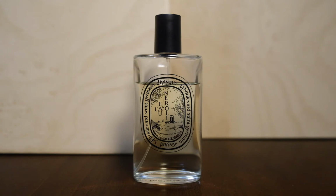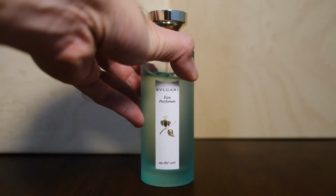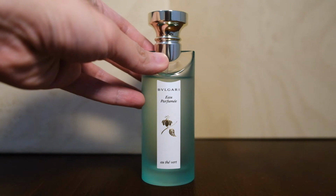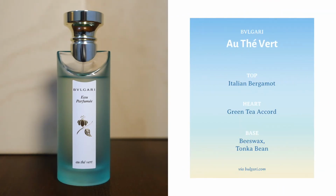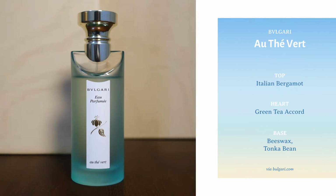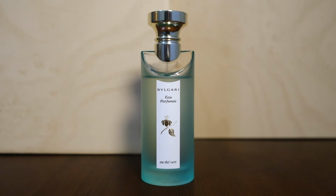The next designer joining the list is Omnia Green Jade from Bulgari. Now this one is focused on green tea, and it opens as an aromatic spicy with a very noticeable cardamom note. There are very little hints of citruses, but this feels very green right off the bat, and it stays quite green well into the dry down. It does have that steamy characteristic from when you make hot tea, but the green tea in here is a little fresher. I think it's more of an accord, and it's not earthy per se,